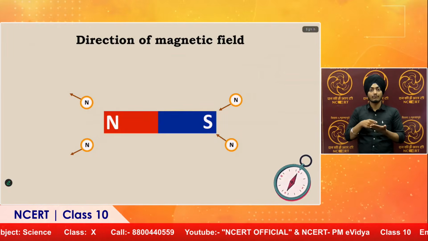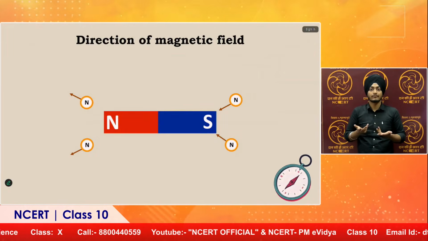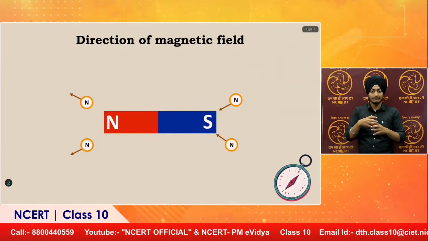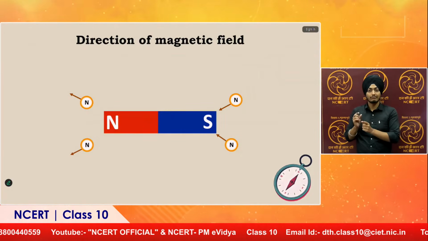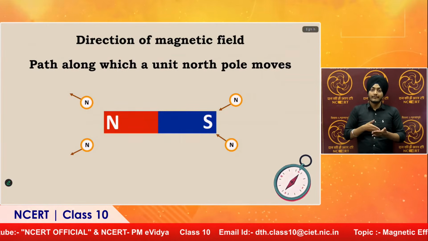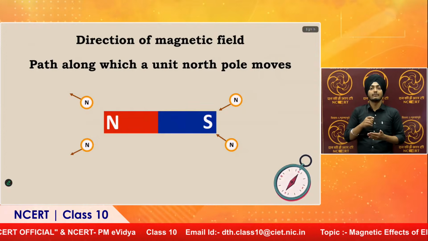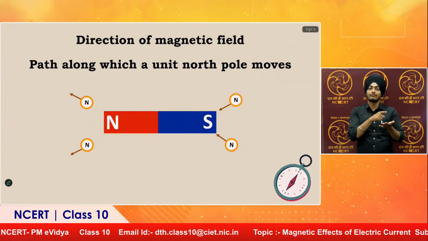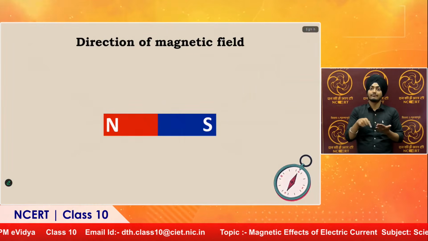In reality, we cannot get an isolated North Pole, because if you split this magnet into very, very tiny particles, each also has both a North Pole and a South Pole. Then how will you find out the magnetic direction? The path along which a unit North Pole moves is the direction of the magnetic field, but in reality, we are using